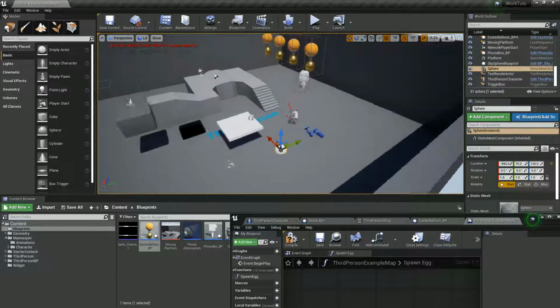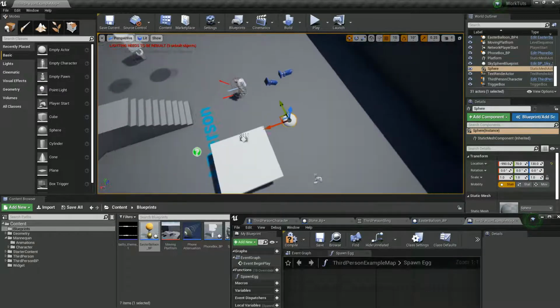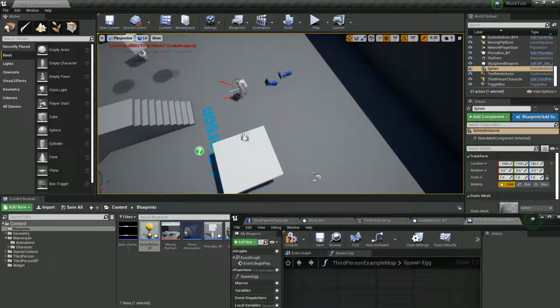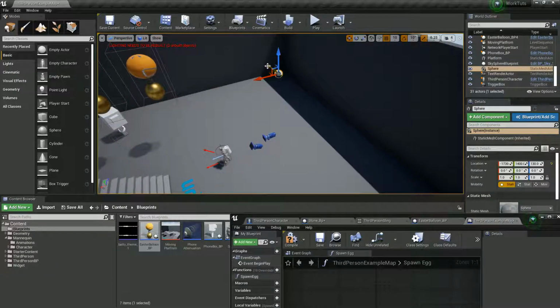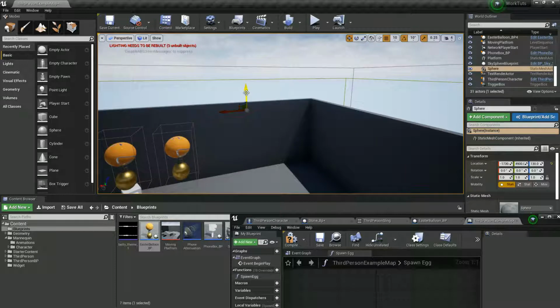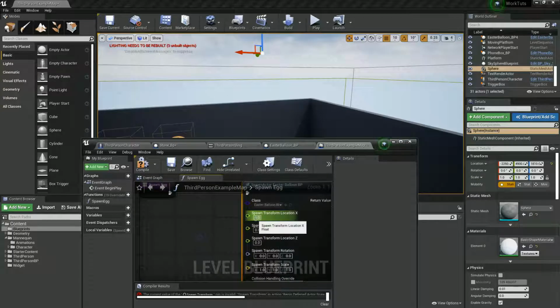So let's say I want my eggs to spawn here, which, if we're just looking at the eggs for this, that's minus 2000. So the x is,